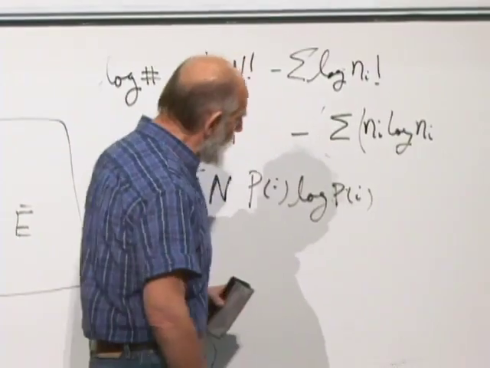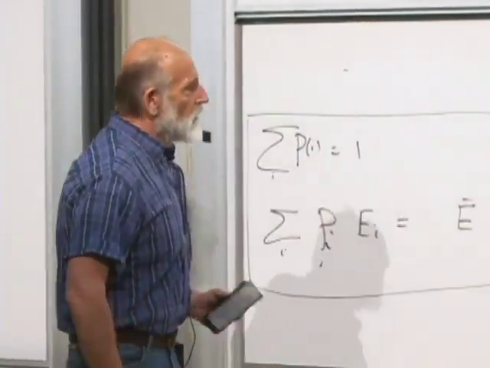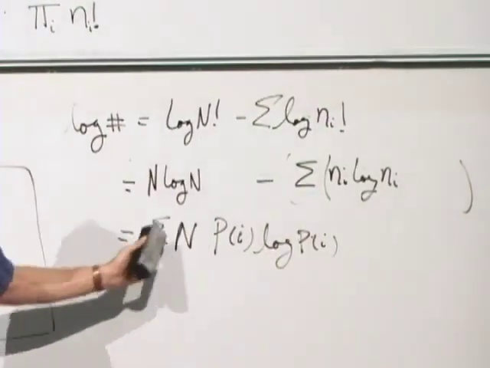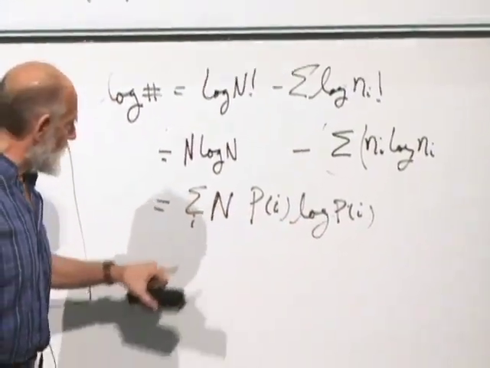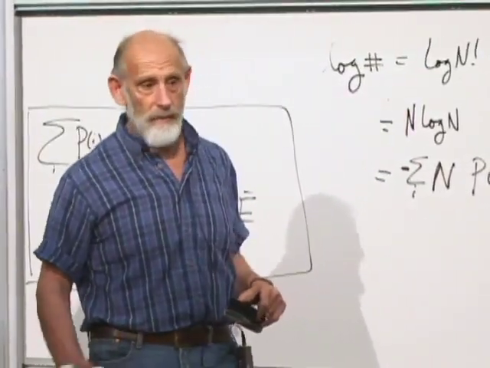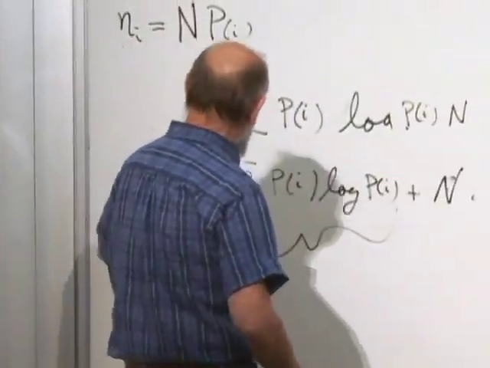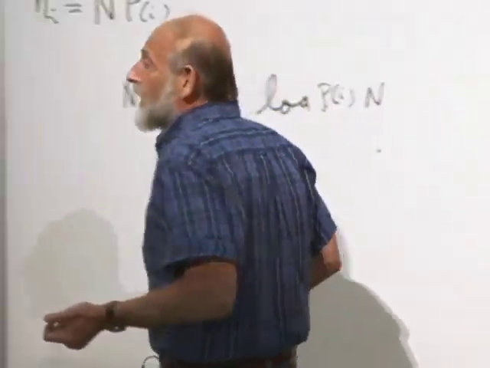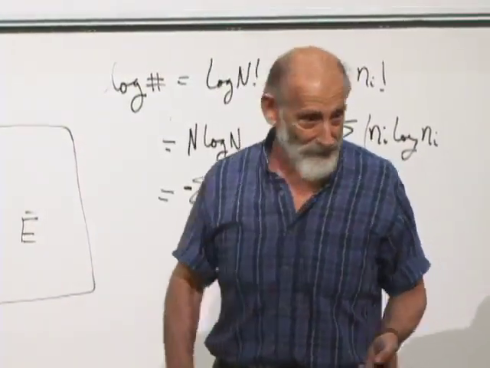So if we had the probability distribution, it is just n p sub i log p sub i. Now, we've seen this before. Anybody remember what it is? With a minus sign, excuse me. Entropy. It is the entropy. It's n times the entropy which appears there. Why did it come out n times the entropy? Well, the reason is because there are n boxes.